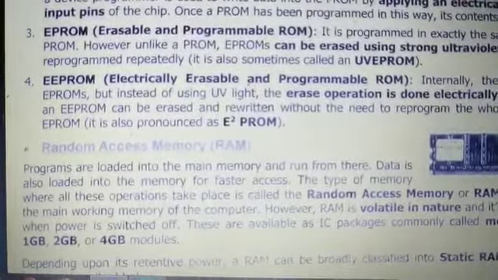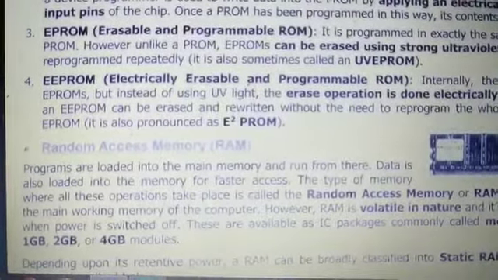Again, for the next processing, it will hold some data, and after the execution of this process, again it will lose this data. So that's why it is called a volatile one. Depending upon the consumption of the memory, we can classify the RAM in two ways. One is the static RAM, and another one is the dynamic RAM.